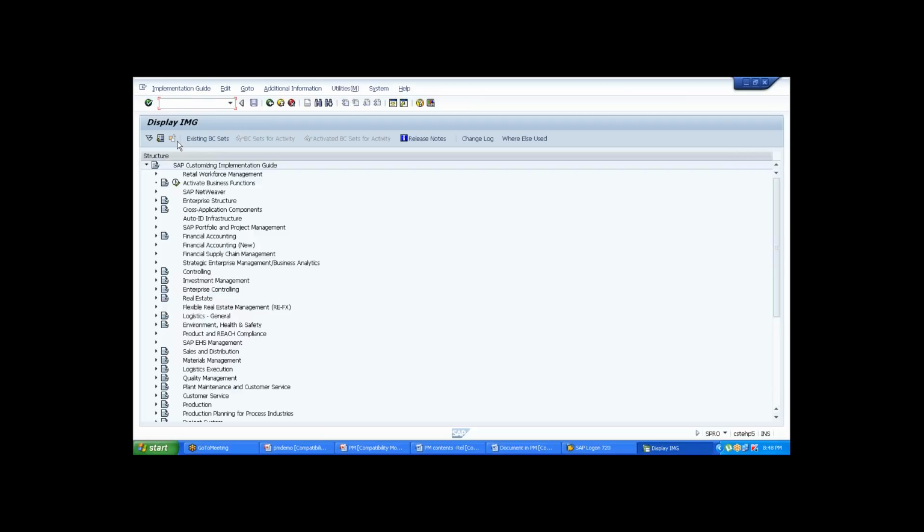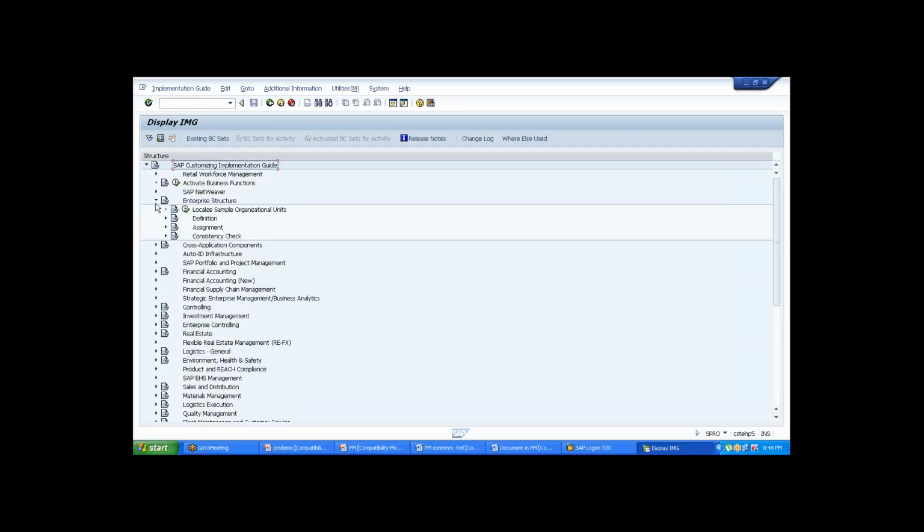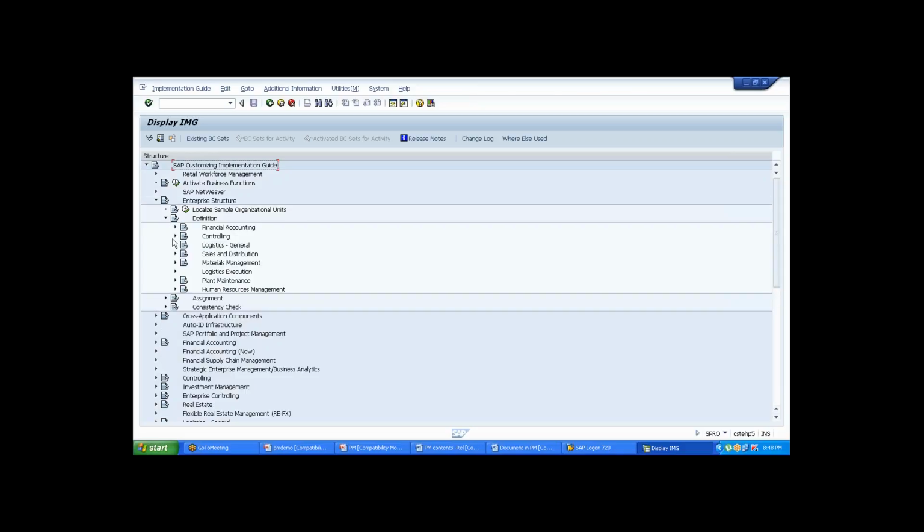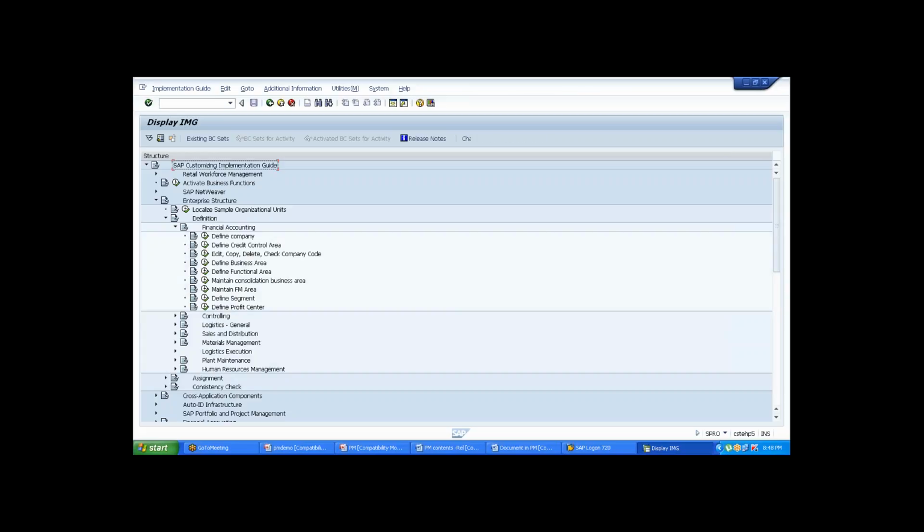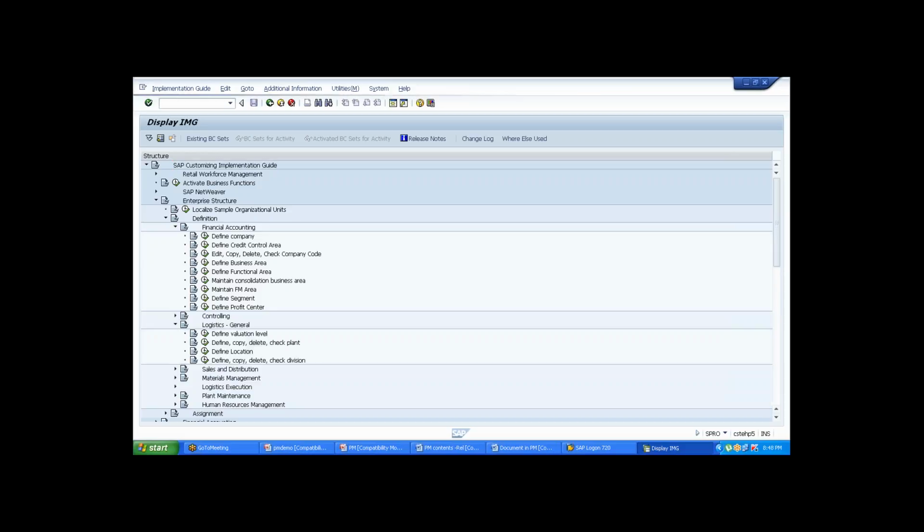Whatever you need to configure, you will configure here. For example, enterprise structure: I told you where my company is and how many company plants there are. All these things you will do in Define Company. See, Define Company Code, and under Logistics General you will have plants: Define, Copy, Delete, Check Plant, and for plant maintenance,